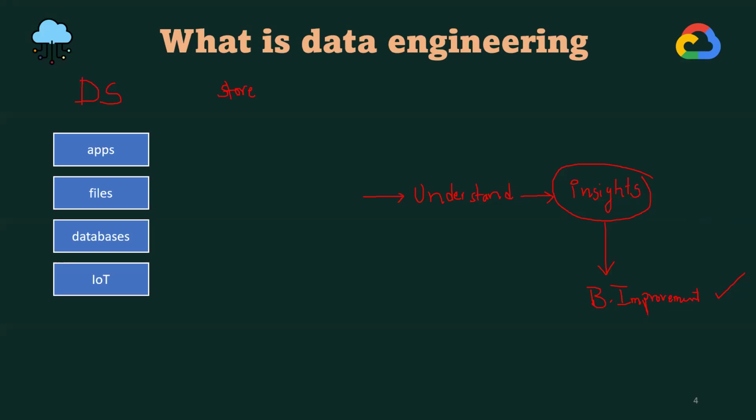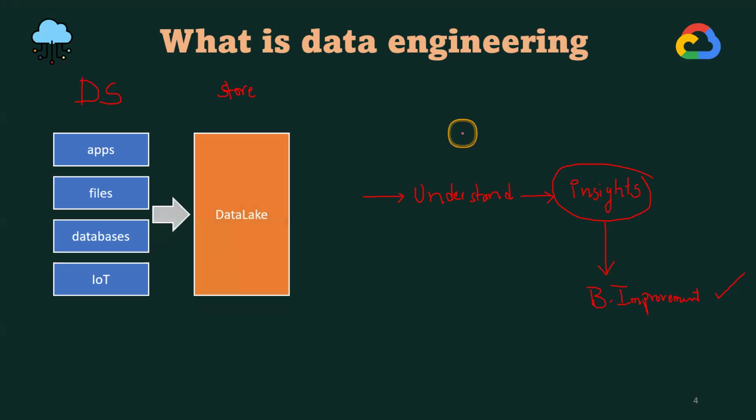So the main thing is that whenever you have data coming from multiple data sources, you try to understand and analyze this data and get insights, so that your business gets improved by taking proper decisions on top of it. To do all of these things, if I want to analyze or understand my data, I need to have the data in a single location, isn't it? That is the reason